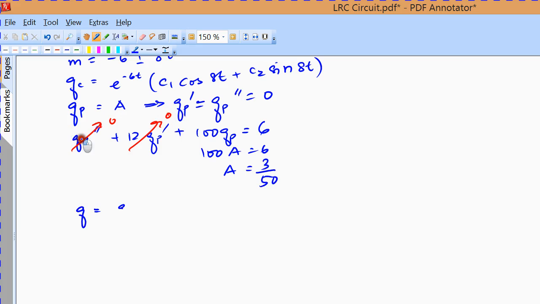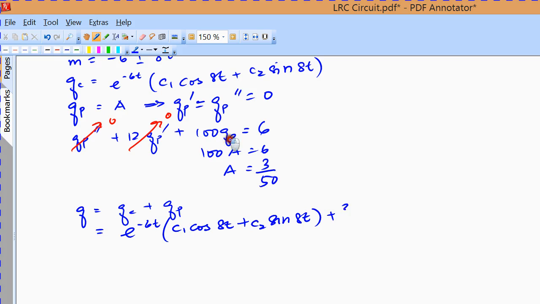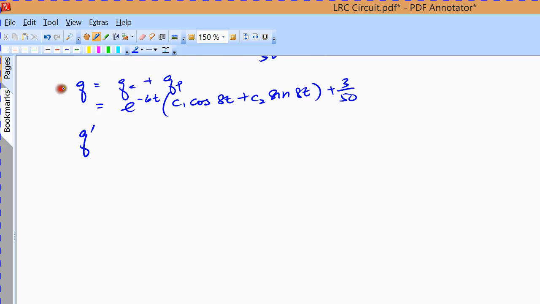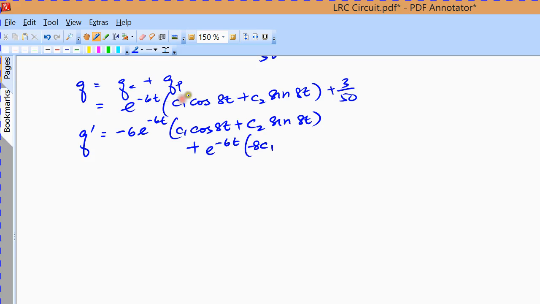Now Q is Q_C plus Q_P, and so e to the power minus 6t (C1 cos 8t plus C2 sin 8t) plus 3 over 50. Now to obtain C1 and C2, we need to differentiate this. We apply the product rule here. C1 cos 8t plus C2 sin 8t plus e to the power minus 6t times (minus 8C1 sin 8t plus